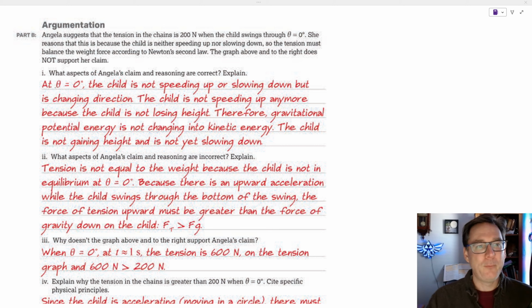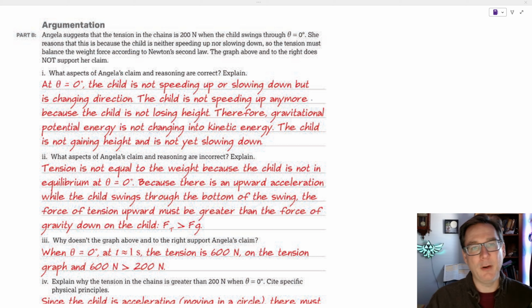So here's what is going on. Yes, at theta 0, the child is not speeding up or slowing down. Okay, just so you know, but they are changing direction. So there is a change in velocity. That means that there is an acceleration, which means that,